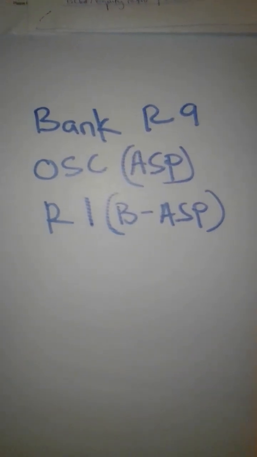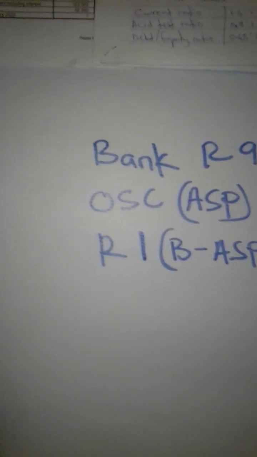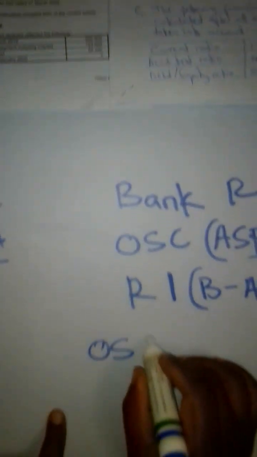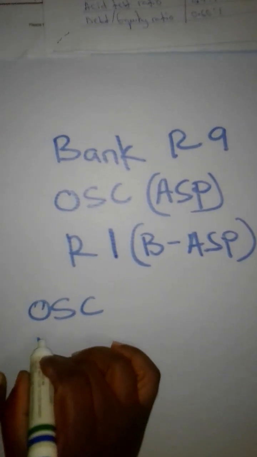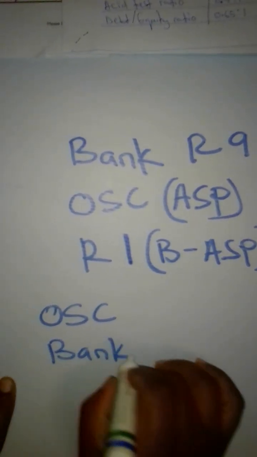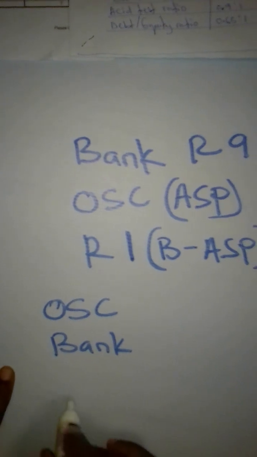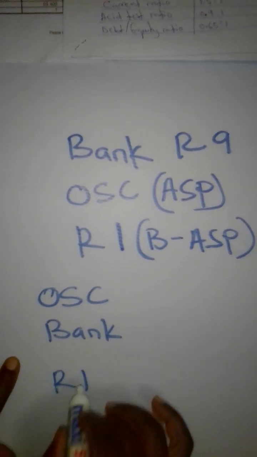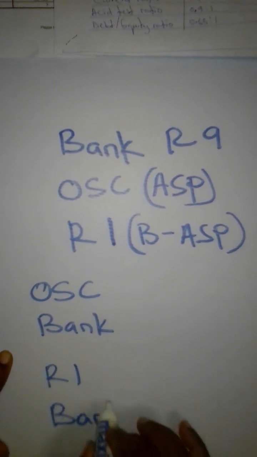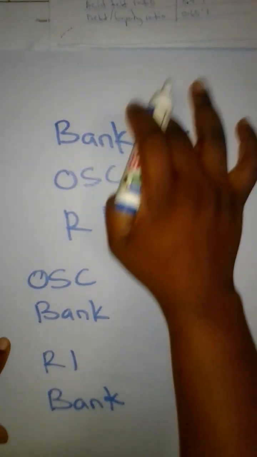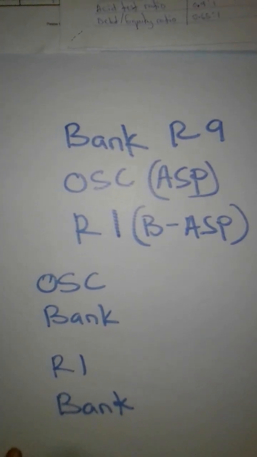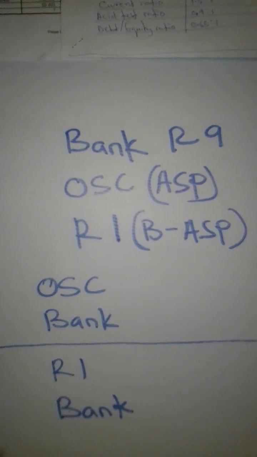Okay, so I would want to make it clear for you which two accounts are we going to record here. The one to be debited, the one to be credited. Here we are looking at ordinary share capital being affected, and we are also looking at bank being affected because of this transaction. And at the same time, we also have got retained income and bank again being affected. Okay, because all the money is here that we are dealing with. Okay, so let me just separate them like this.